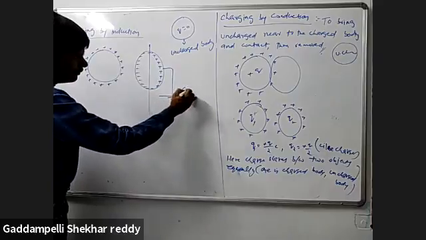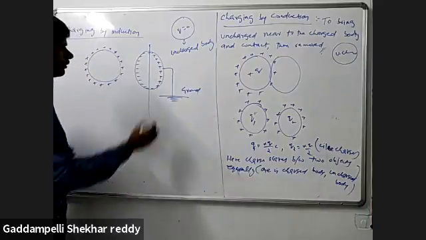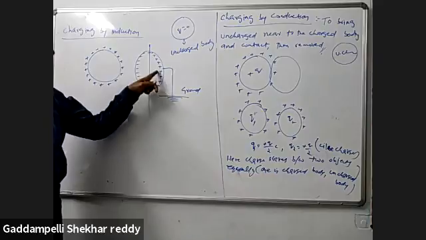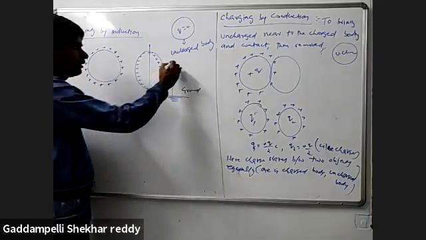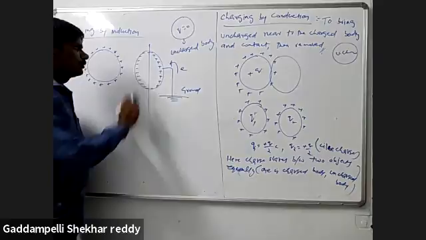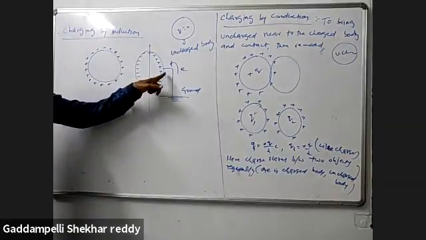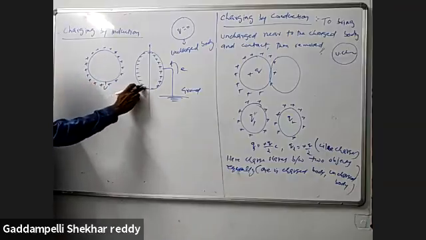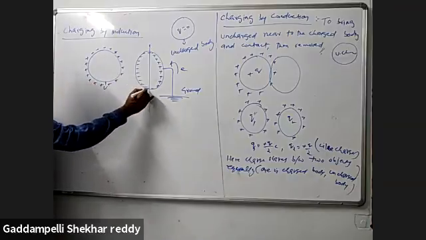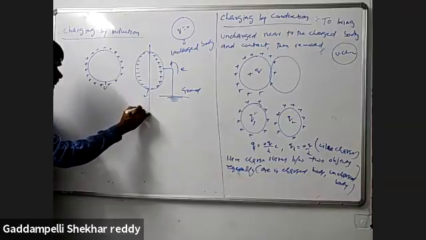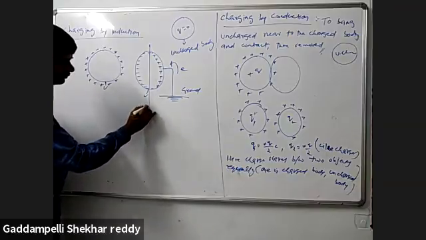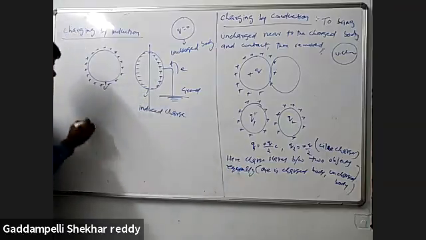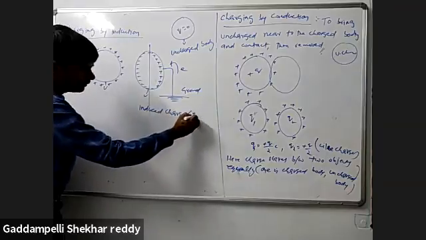ground. Ground is a large reservoir of electrical charges. Here there is a deficiency of electrons, so electrons flow to this side and it is converted to neutral. After that, one side is positive, and a charge is induced on this one. So here, the induced charge, let me call it Q dash.